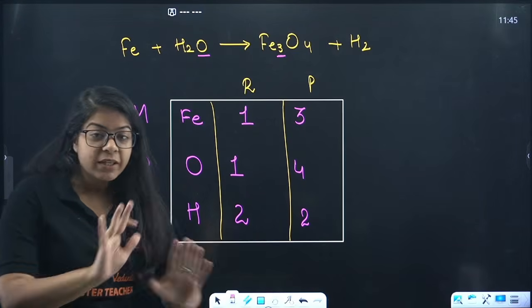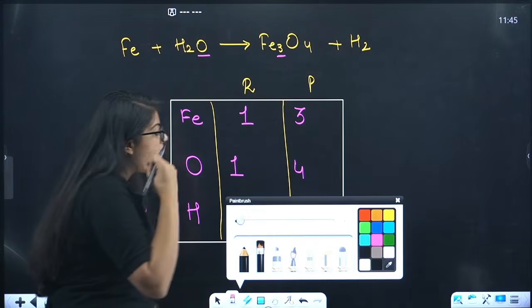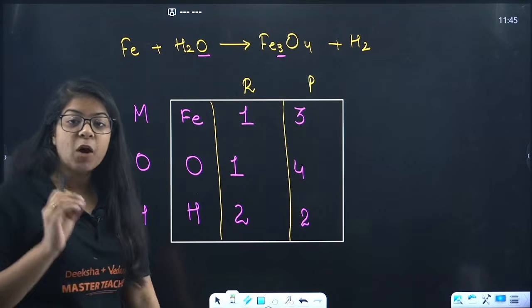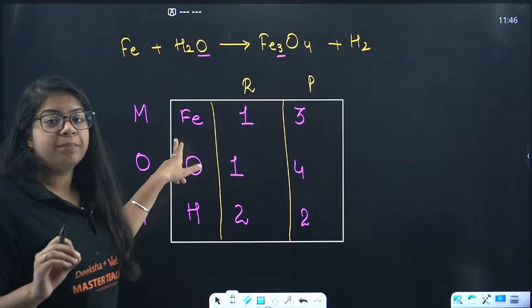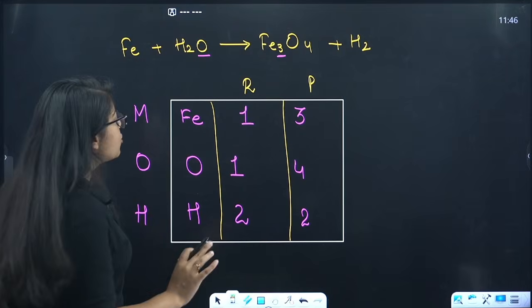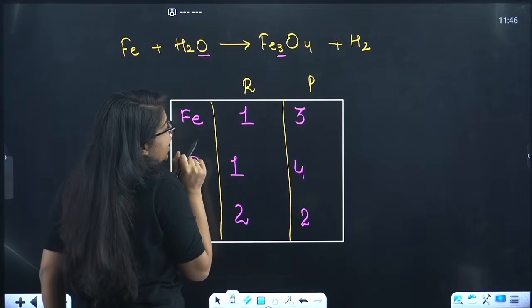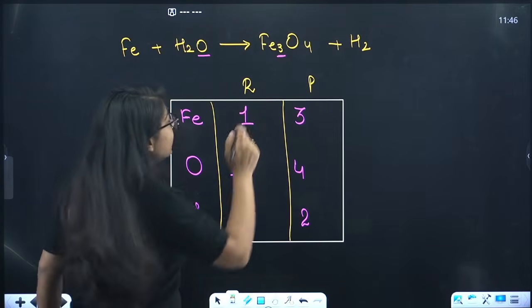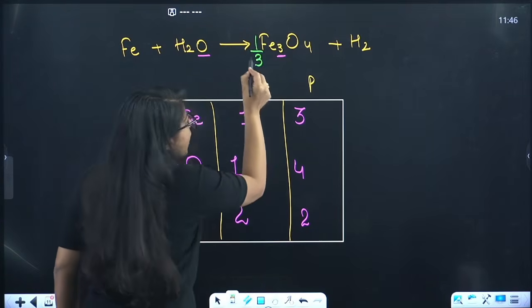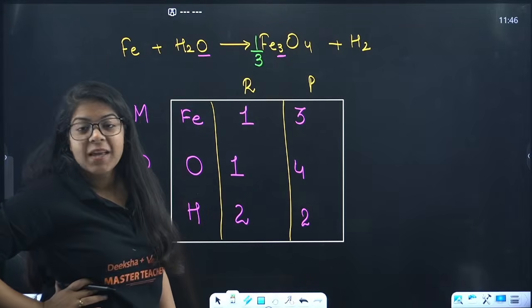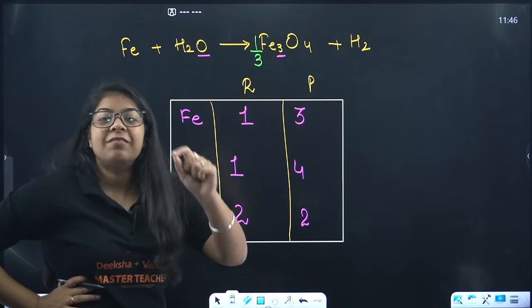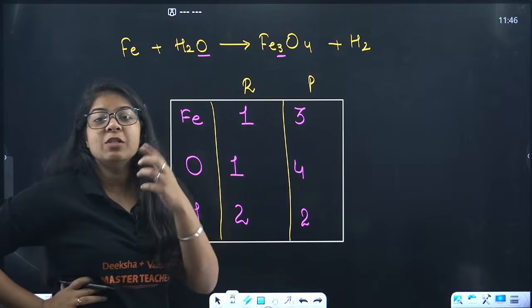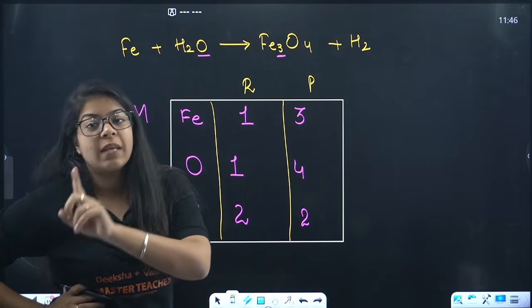Now that you have written everything, how to proceed with your balancing? That's the main part. Now beta, what will we balance first? Your metal, that is your iron, right? So beta, on the reactant side 1 iron is there, on the product side 3 irons are there, and I was like, I will divide this product side iron with 3. Can I do that? I can't, okay? You cannot divide in the balancing of chemical equations, right? You can always multiply with the whole numbers,